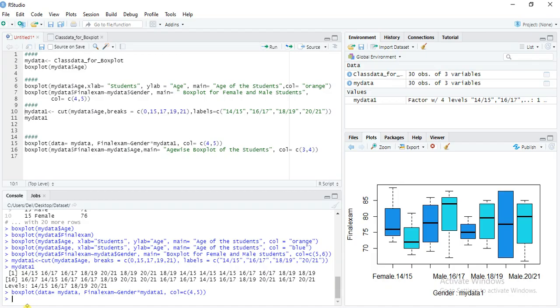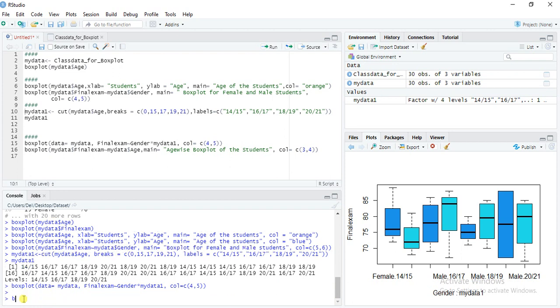age wise, next boxplot, data equal to mydata$final exam, tilde mydata$age.